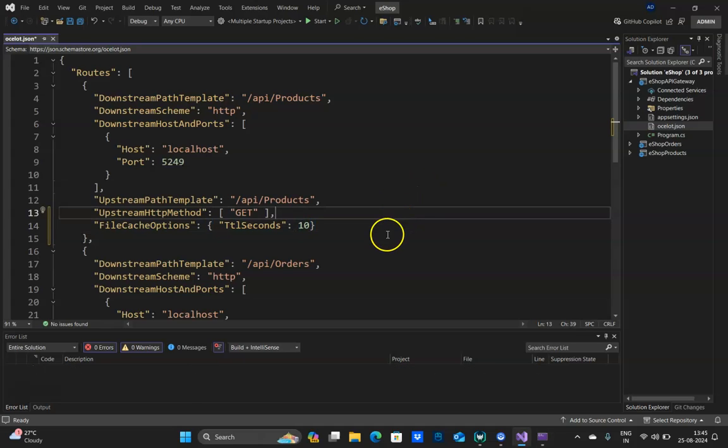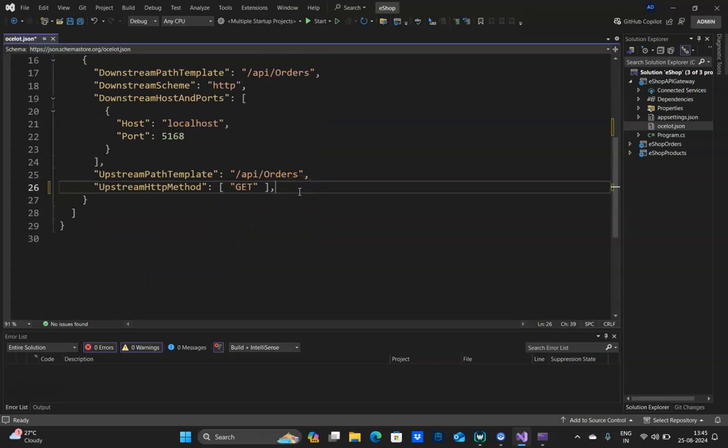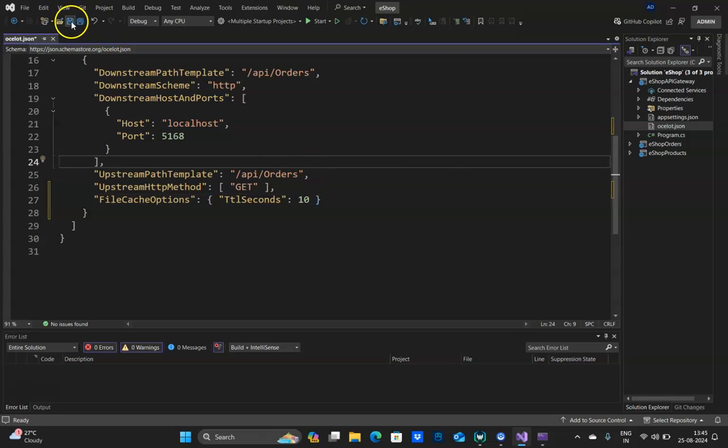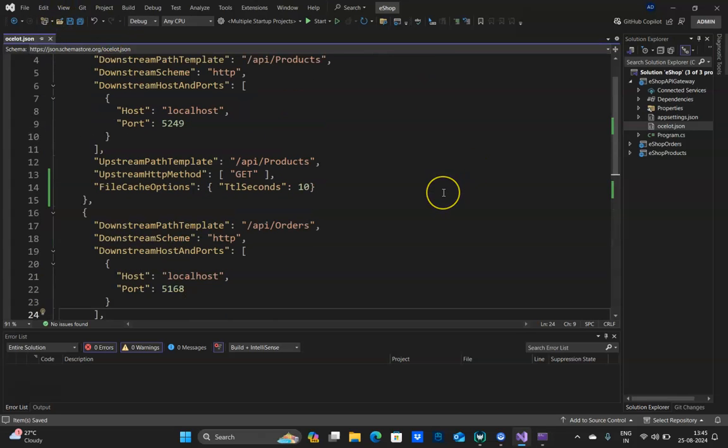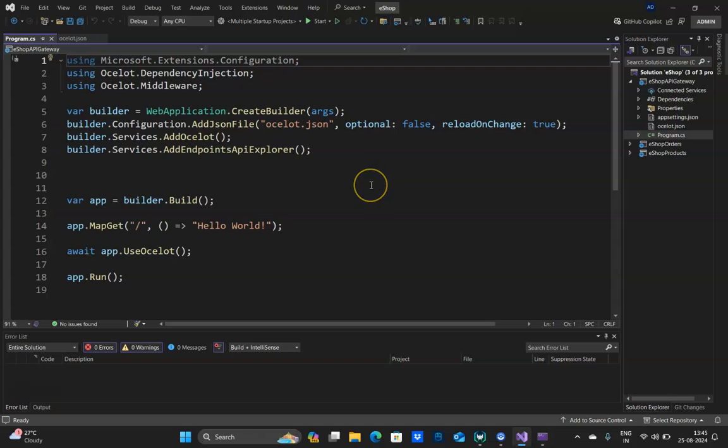Okay, so that's it. This is the setting I need to do. I will copy the same to my another endpoint, that is orders, 10 seconds. So within 10 seconds, it will fetch from cache, and after 10 seconds, it will fetch from the server. So after we do this, you go to the program file, and here we need to